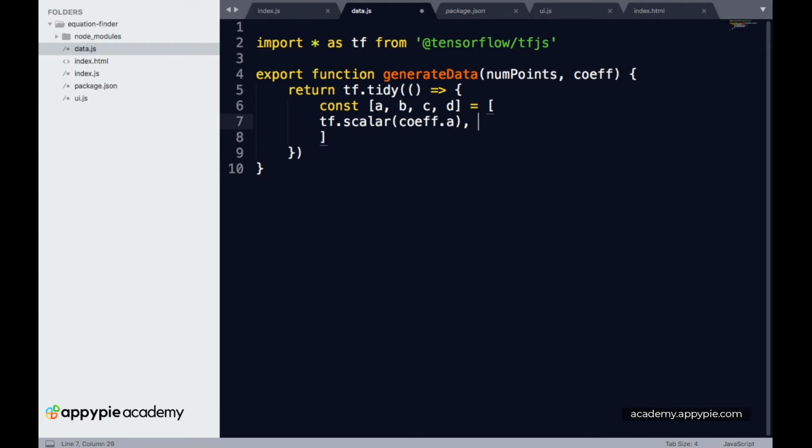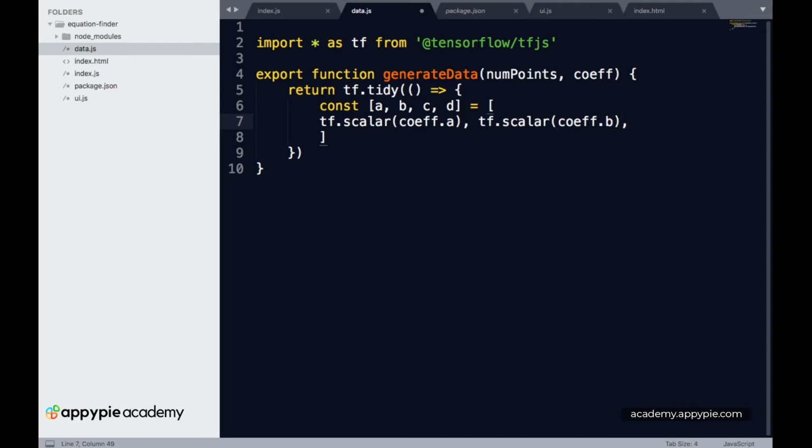Then we give the value of b, so that is tf.scalar with coefficients.b inside.